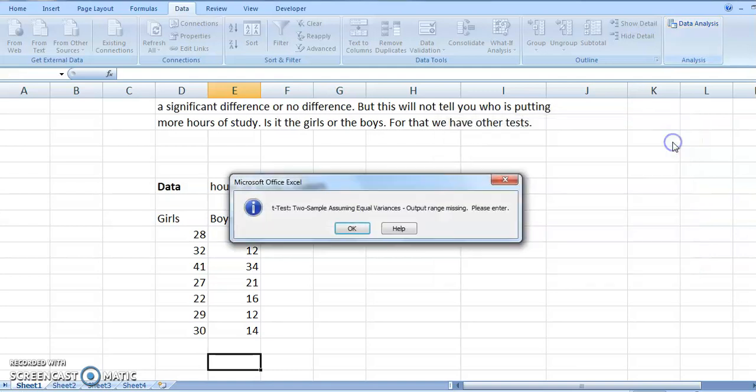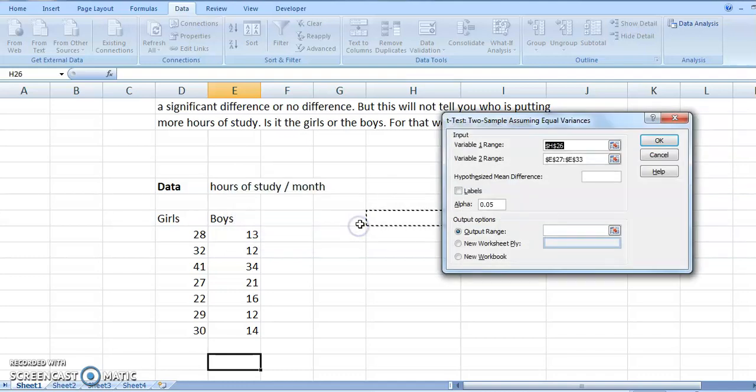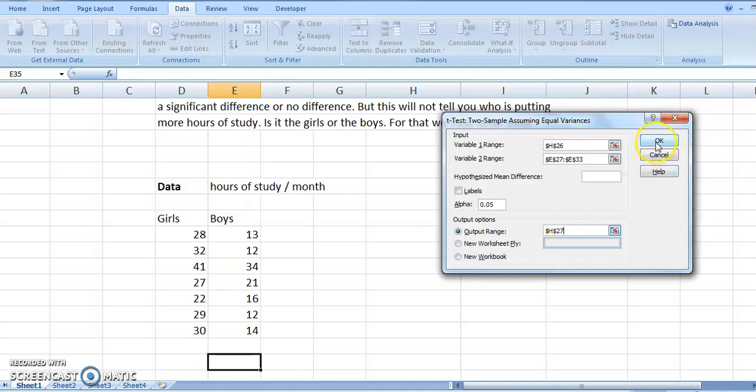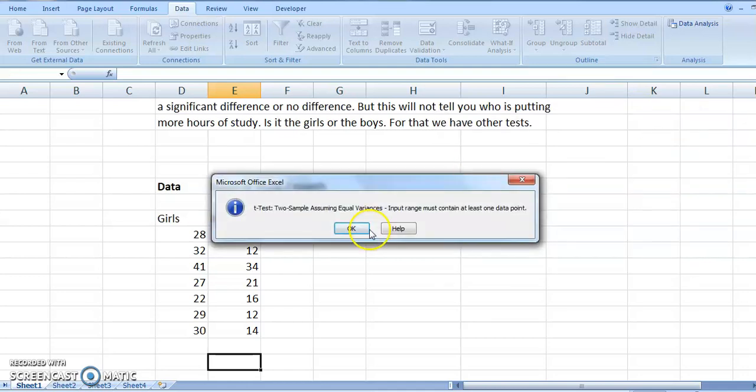Now you say okay. The output range is missing, right? Okay. Now we say okay.